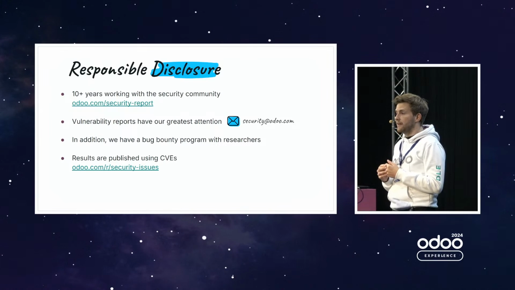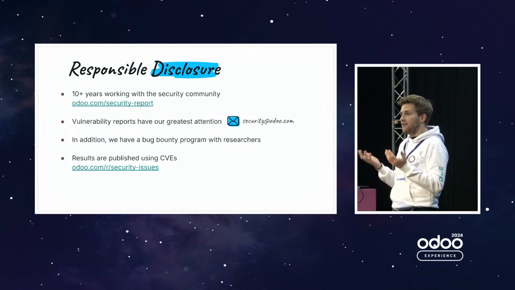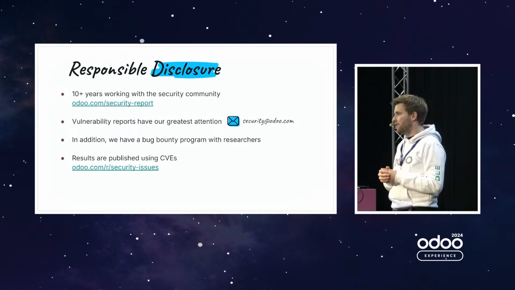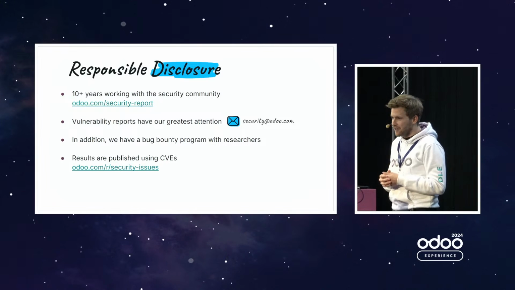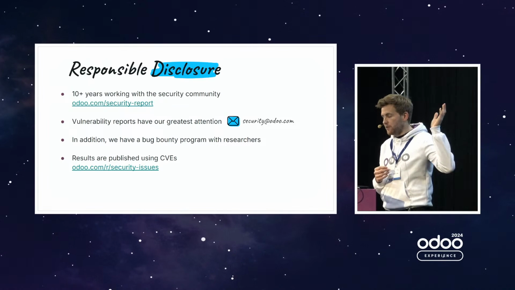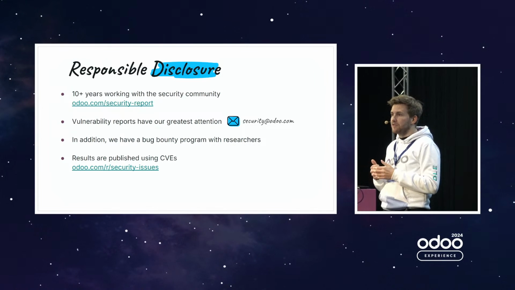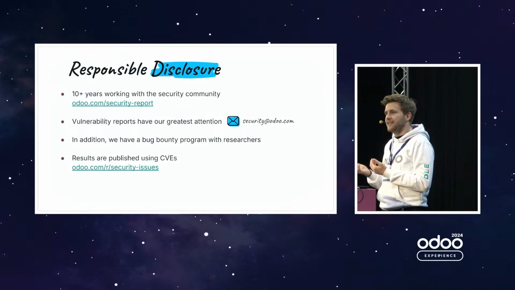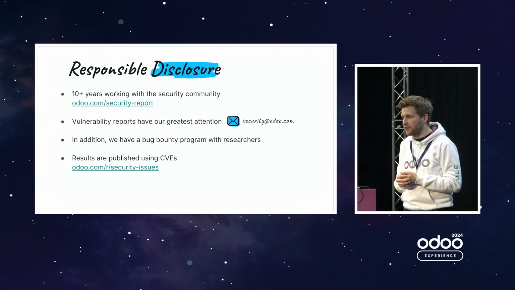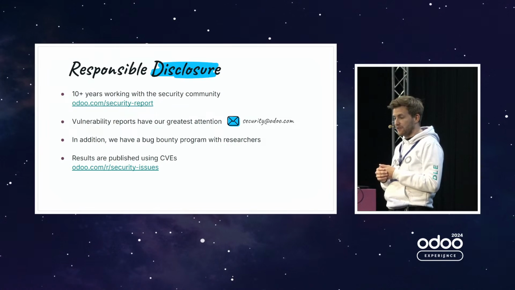In addition to that email address, we actually have a bug bounty program on Intigriti where you can subscribe and find vulnerabilities in Odoo. And if you do find a vulnerability in Odoo, you get rewarded with 1,000, 2,000, 3,000 euros. It depends on the criticality of the vulnerability. This responsible disclosure, we have had it for years, like 10 years. The Intigriti program, we have had it for 3, but you were able to sign in by yourself only this year. Before, it was selected researchers that we were selecting to make sure that not everyone could subscribe, but now anyone can subscribe. So if you believe that you can find a vulnerability in Odoo, you can subscribe and start finding vulnerabilities and report them to us.